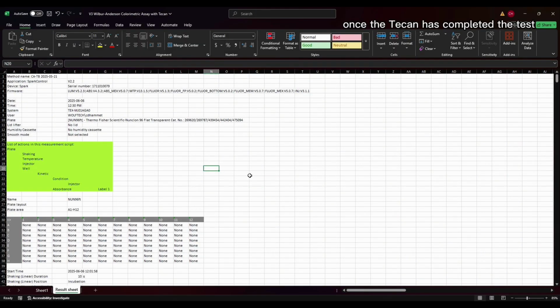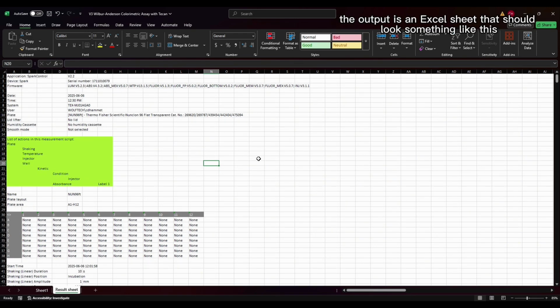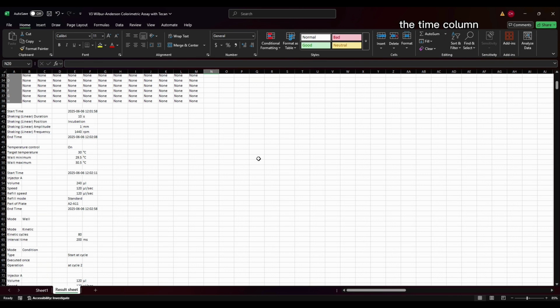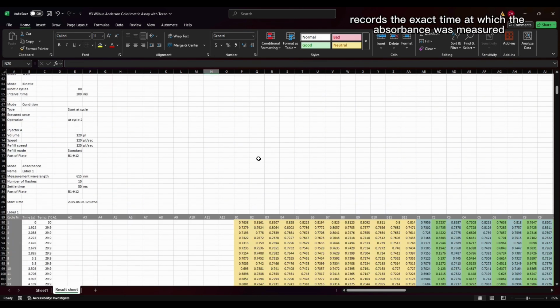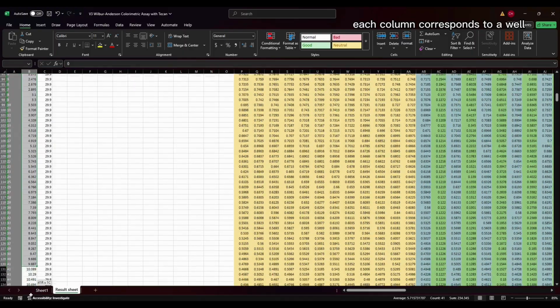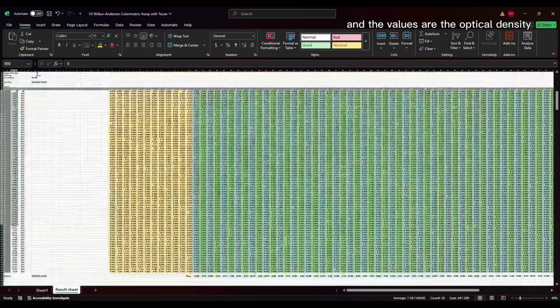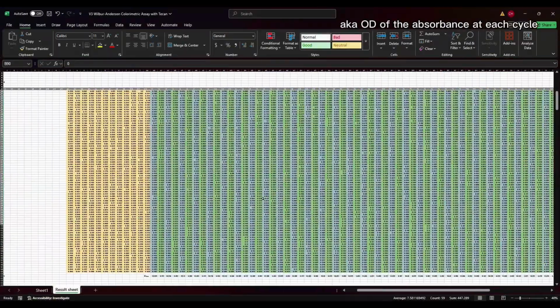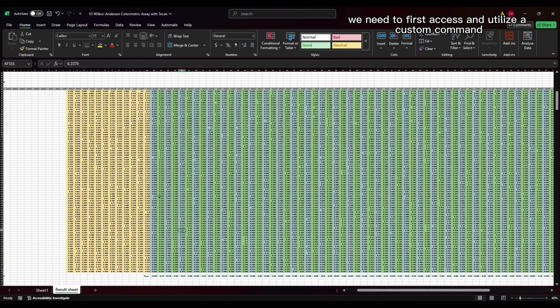Once the TCAN has completed the test, the output is an Excel sheet that should look something like this. The time column records the exact time at which the absorbance was measured. Each column corresponds to a well, and the values are the optical density, aka OD, of the absorbance at each cycle. To analyze this data, we need to first access and utilize a custom command, which I will walk you